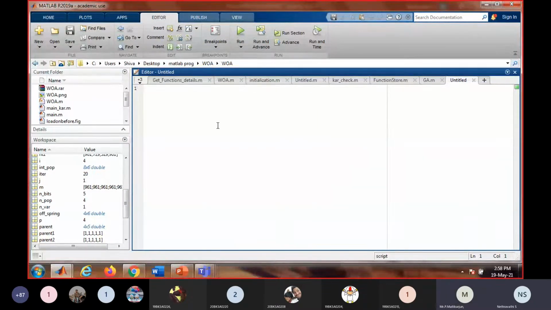Do you know the basics of MATLAB? I assume that all of you know the basics of MATLAB, right? Yes, ma'am. Okay. Because I cannot explain the very basic coding. I'll explain the coding with respect to genetic algorithm. So open a new M file. Then we'll start with our